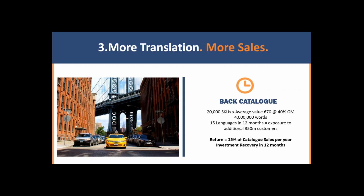So take, for instance, this example where you have a back catalog with 20,000 SKU, stock keeping units, at an average value of €70 each and an average gross margin of 40%. It's a 4 million word translation. It can be done in 15 languages over a course of 12 months, and it would result in exposure of about 350 million new customers. A return is generated obviously by catalog sales, and if 15% of the products sold, their entire investment would be recovered in 12 months. So that's obviously a really exciting